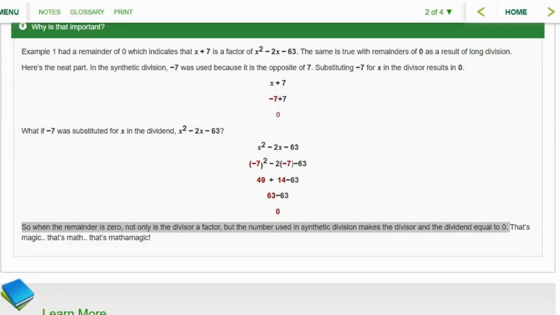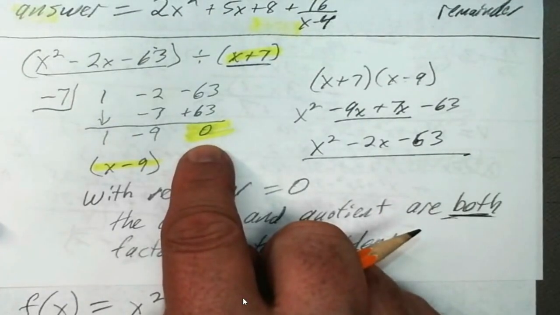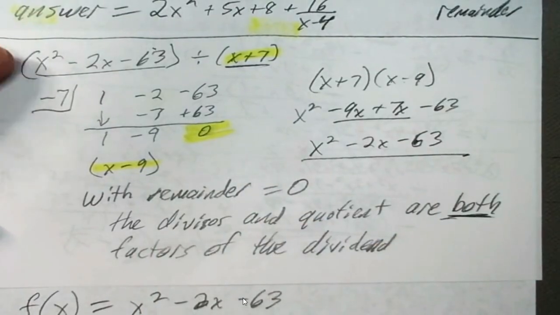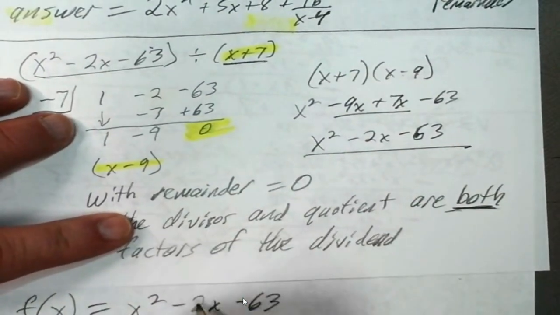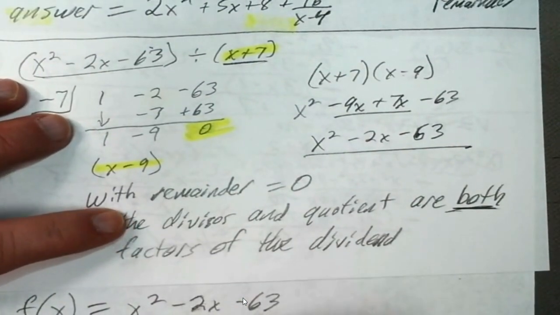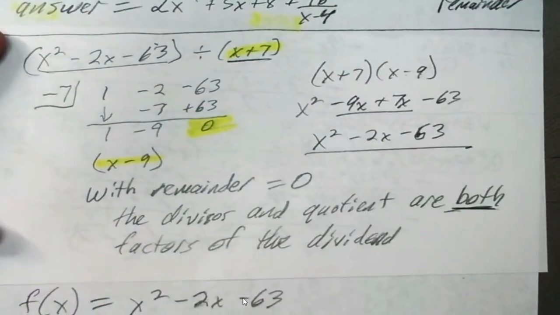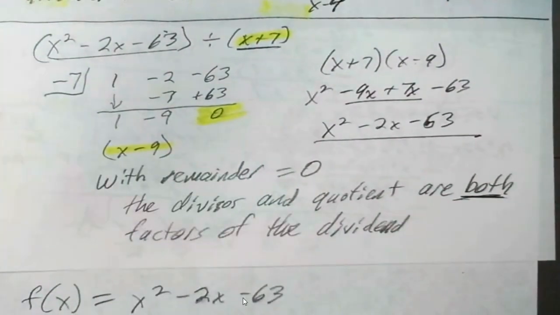We go back and find one that we had a remainder of 0. Okay, so I found this one that we did that had a remainder of 0. So I wrote down the original function. I didn't write it well, but I wrote it. This is x squared minus 2x minus 63. That means since we divided by -7 and it had a remainder of 0,